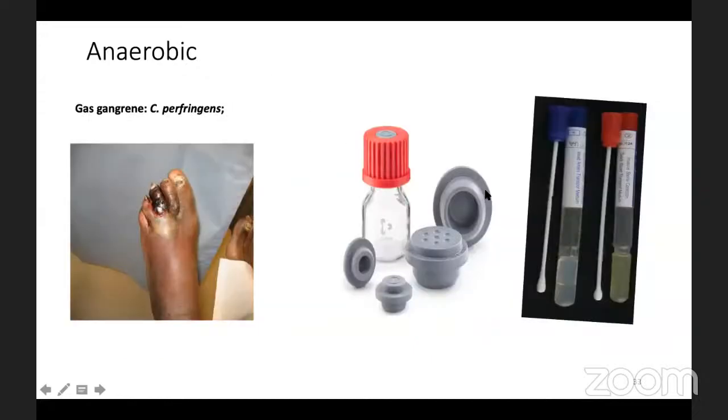We move on. This is a gas gangrene caused by Clostridium perfringens. And this bacteria is anaerobic. It will not grow in the presence of oxygen. Oxygen is toxic to the organism. Okay. And so if the physician takes the sample, puts it in a normal aspirate container,